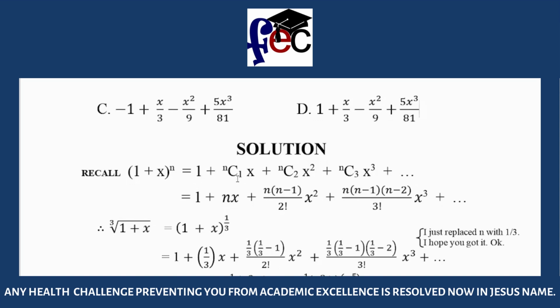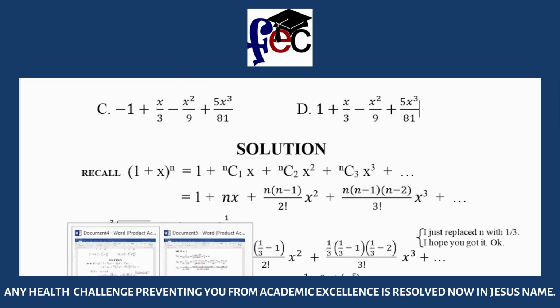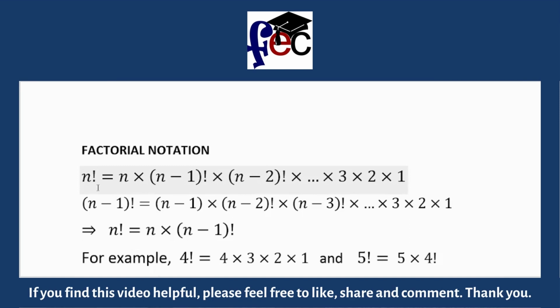The first term is 1, the second term is nC1 x, the third term is nC2 x squared, and the fourth term is nC3 x cubed. So we can ignore the other terms. Now from here, we need to replace nC1, nC2 and nC3 with their coefficients. Then maybe for better understanding of the notation, we do know that n factorial is the product of